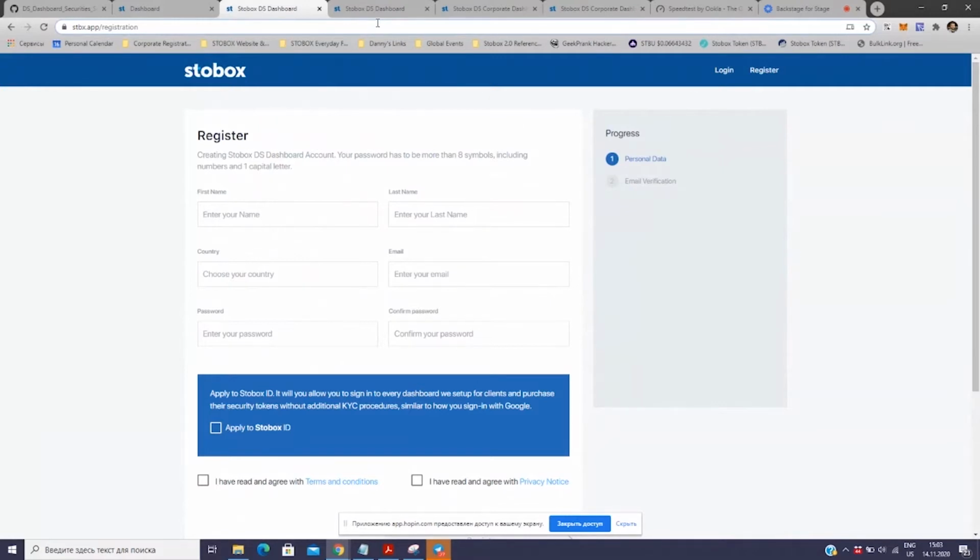So basically, we took the Ethereum public network as the primary blockchain to keep the data on the securities, and we wrap it up with centralized technologies